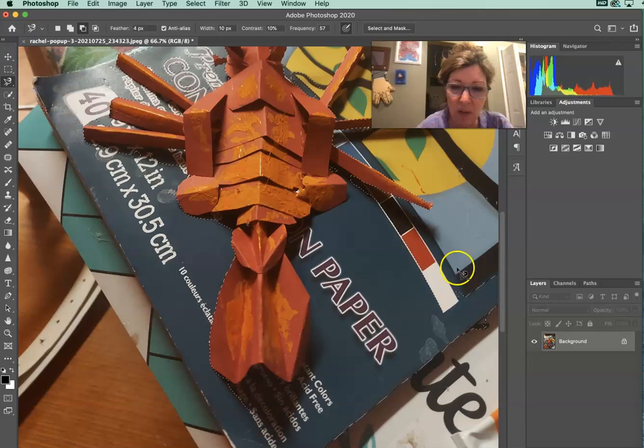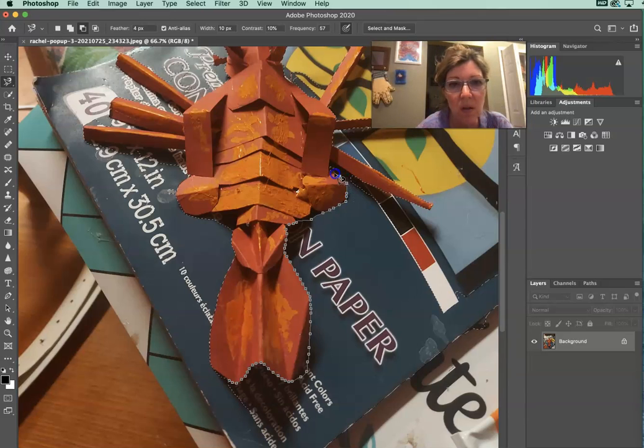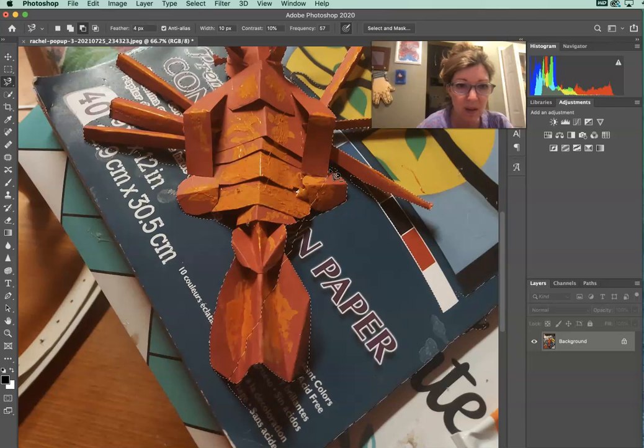Okay, here we've got, ooh, we got this huge thing going on, so let's get rid of that. Hope and pray. So it's not a perfect system like I said, but